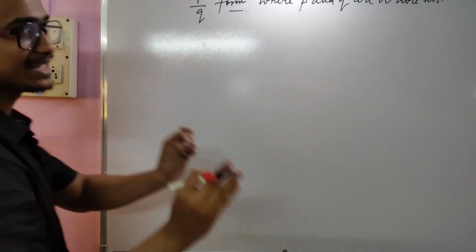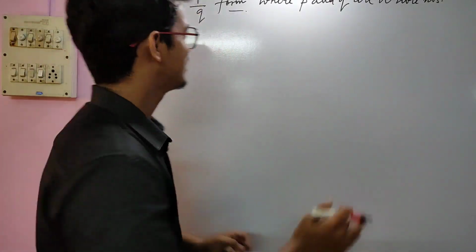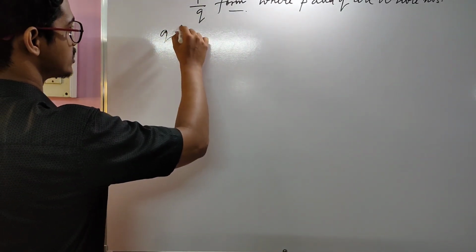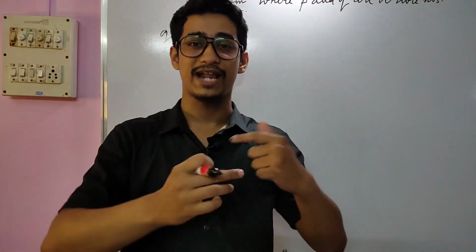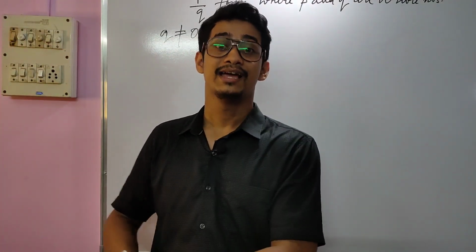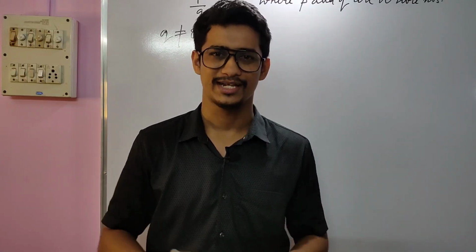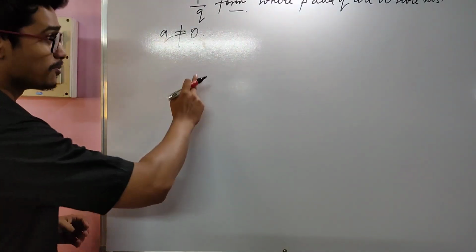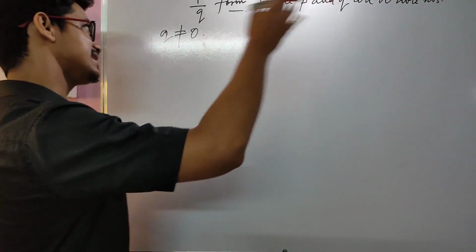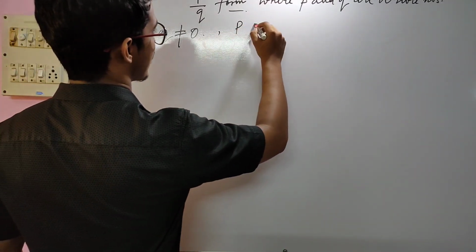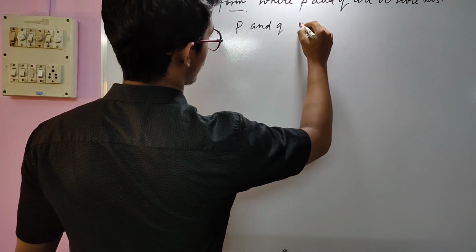And one more thing that you have to remember, that Q not equal to 0. If Q equal to 0, then this fraction is considered as undefined. We know that. So Q must not equal to 0, and P and Q are whole numbers. Irrespective of that, P and Q must be